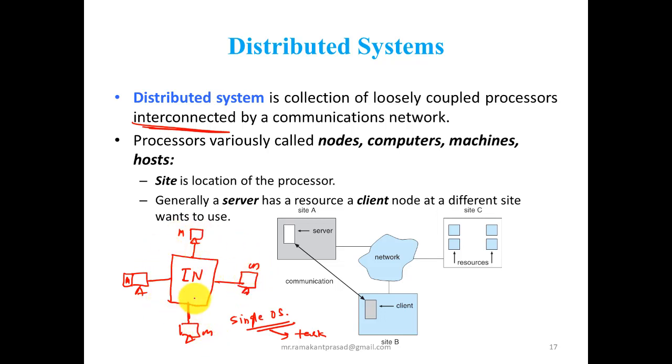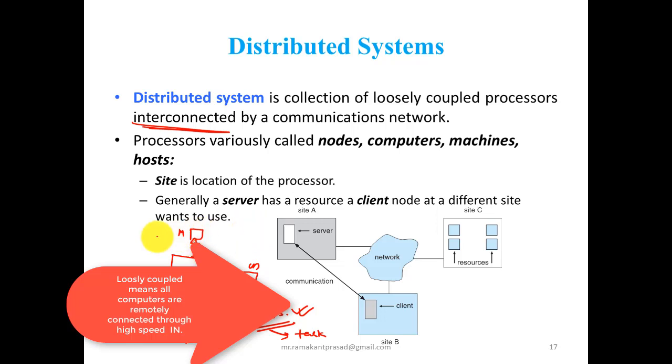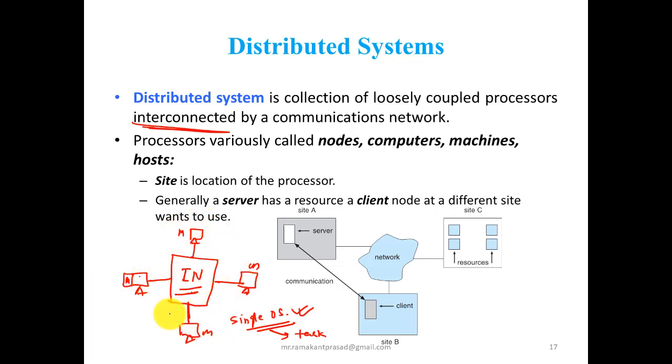Such a system is known as a distributed system, in which various computers are connected through the interconnection network, and all the computers run a single operating system. Each computer has its own memory, but there is a common single operating system on each of the devices. But in the network operating system, all computers have different operating systems. All are connected in the same style, but each computer has a different operating system and different memory. This is the major difference between them and the distributed system.